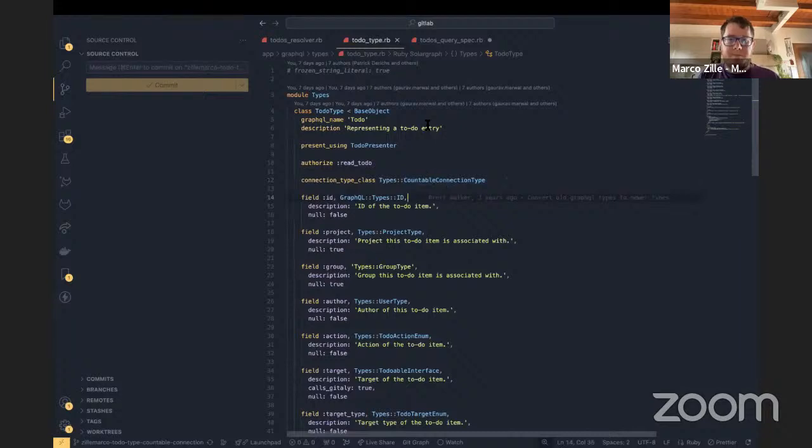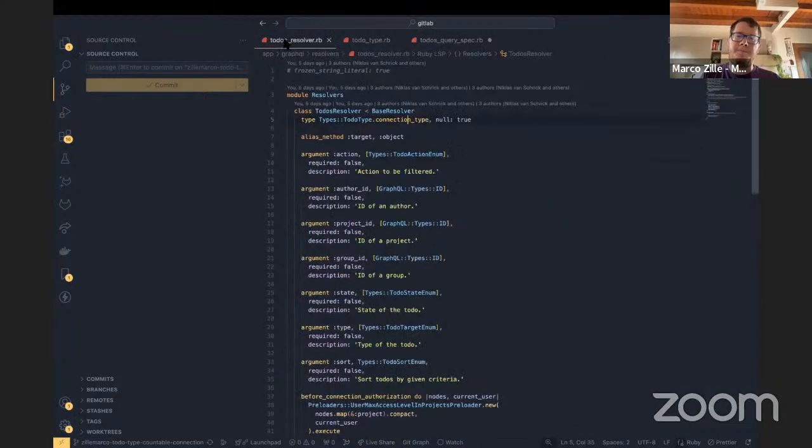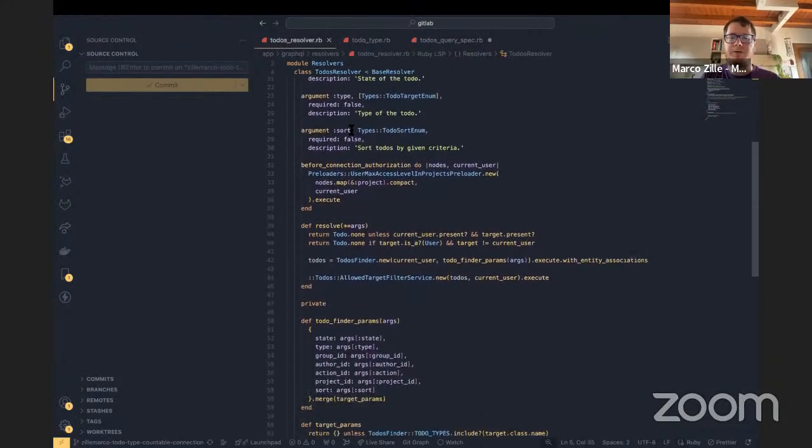So this is how that works under the hood. I had a look at how to fix this. Basically, there is a way to filter the set returned by the finder to only get the to-dos that the user really has access to. But that's, first of all, expensive because it has to do a bunch of queries,